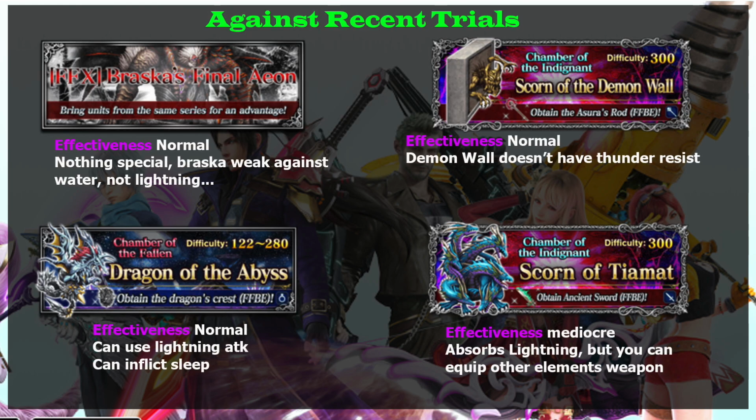Another thing which I hate is his effectiveness against recent trials. Like you can see on the screen, there are no extraordinary trials he excels against. Against Braska, he's just normal, because Braska should be human, but he is a fairy. Bradley deals normal damage. Sure, Braska doesn't resist lightning, but his weakness is water, so really Bradley doesn't